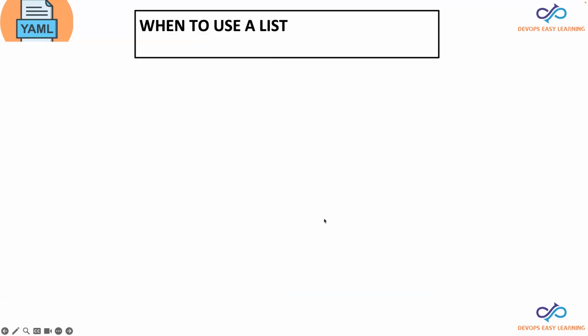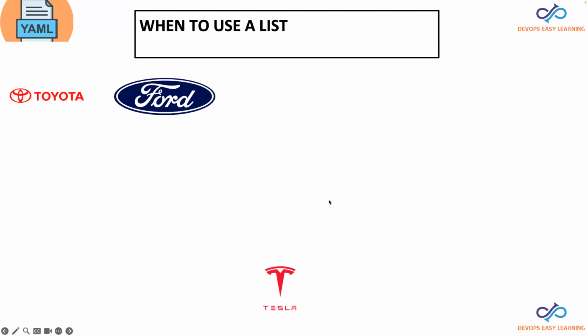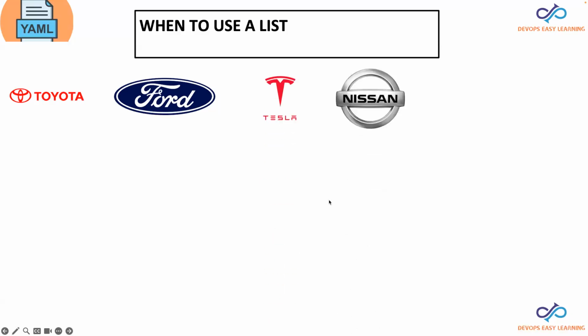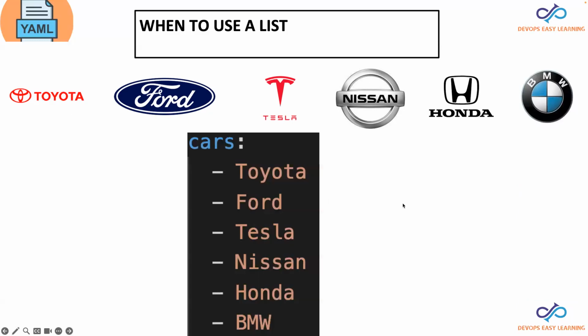If you go, for example, in the car industry, we can have Toyota, we can have Ford, we can have Tesla, we can have Honda, and we can have BMW. All these, Toyota, Ford, Tesla, Nissan, and Honda, they actually represent cars. They have one thing in common, they are cars, right? And we can actually make a list of cars. Now, as you guys can see,